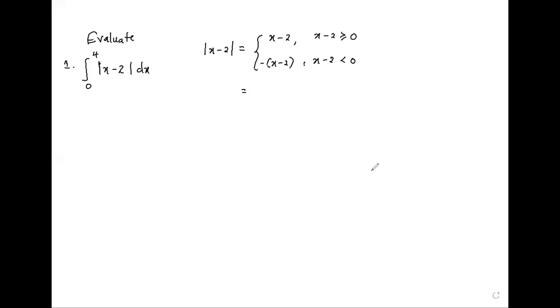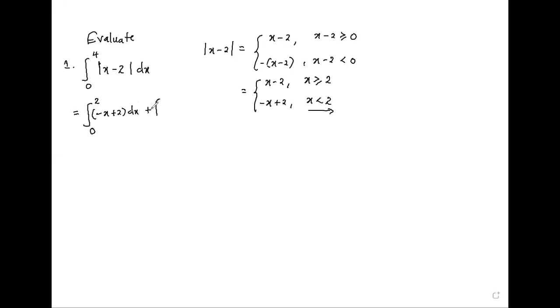Then you say, okay, this is x minus 2 if x is greater or equal to 2, and it's minus x plus 2 if x is less than 2. So you come back here and say, okay, it means I'll have to break my integral from 0 to 2. Here, I'm integrating negative x plus 2 dx